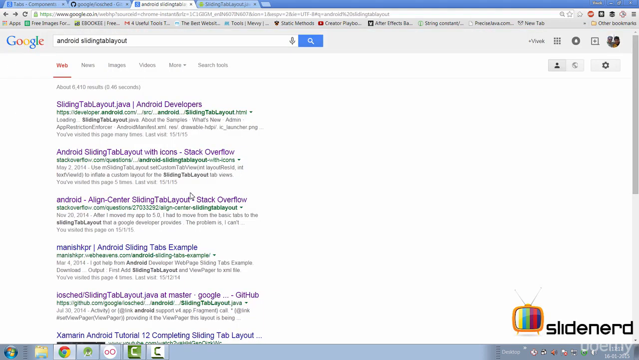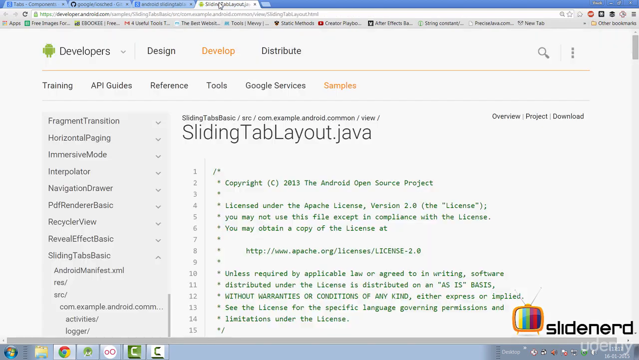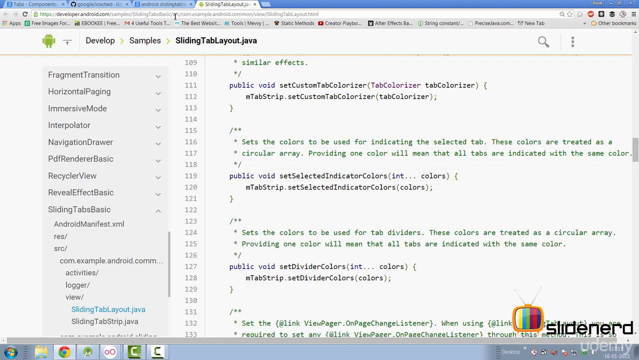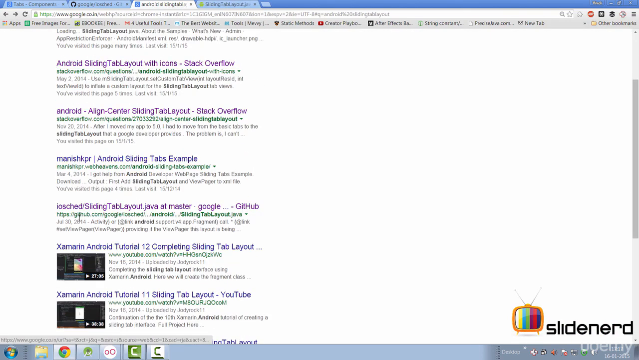At the time of making this video, there are no standard ways or components to make tabs. In other words, you either have to use a library or you can use code which is provided by Google itself. So if you take a look at SlidingTabLayout, that is the one component that we are interested in searching. You're going to find results from androiddevelopers.com where you can directly copy this code in your app and make tabs. Otherwise, you can go here at the bottom to github.com